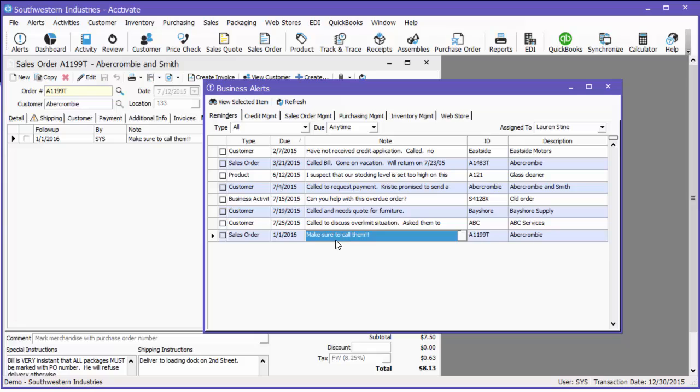So now you can see this new note that I just added, and let's say it's January 1st, or if you wanted to call them, let's say we called them tomorrow, and we wanted to get it done because we're going to be closed on the 1st. So you would check this box, and then when you hit refresh, it will be removed from that reminders window. So it's not going to be exactly like Outlook where it pops up, but you will have this business alerts